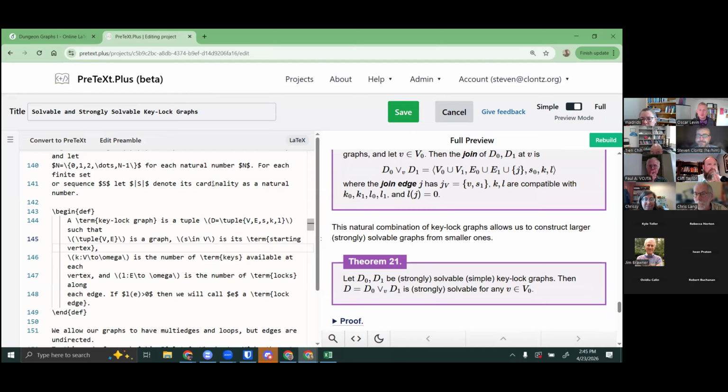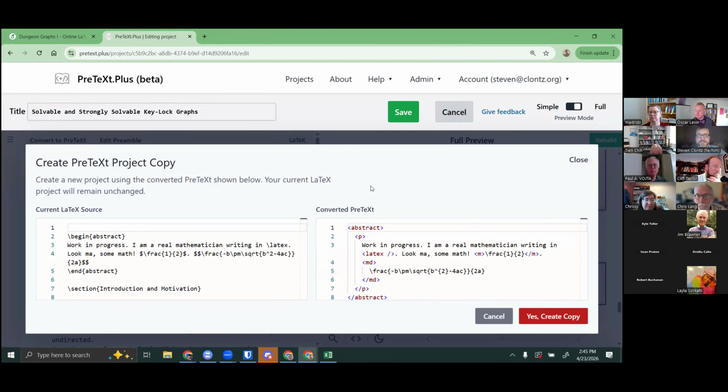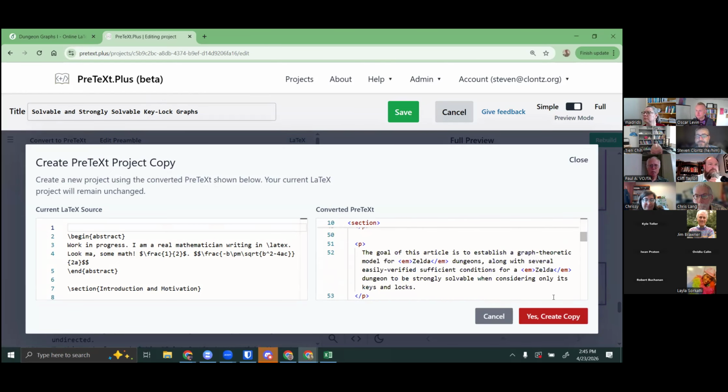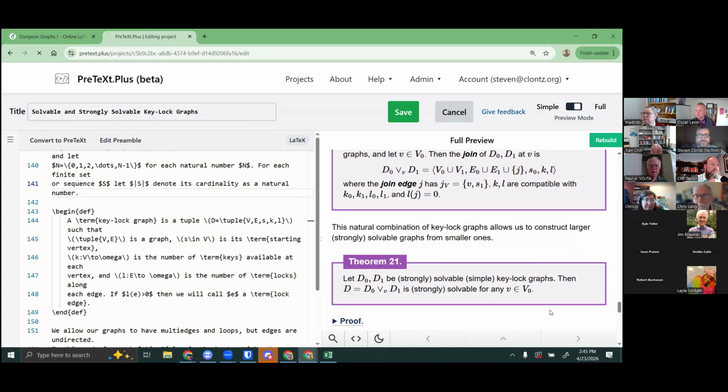No, but why don't you try actually doing a convert to PreTeXt? Of course. So let's say that I want to put a Sage cell in there because I can't do Sage cells in a LaTeX style PreTeXt document. Well, I'll convert it to PreTeXt. It's as easy as that. It'll create a copy of this project, so I won't lose my original LaTeX. You can see here the kind of PreTeXt that it'll spit out over here. I can create my copy,